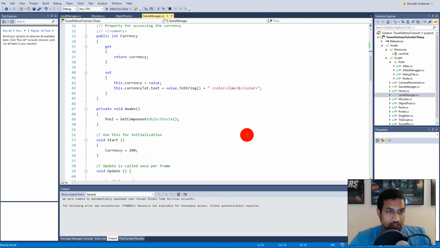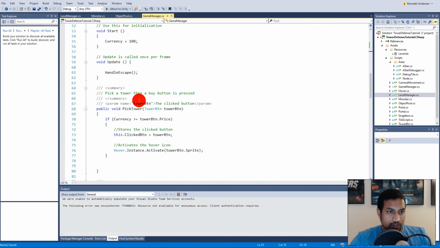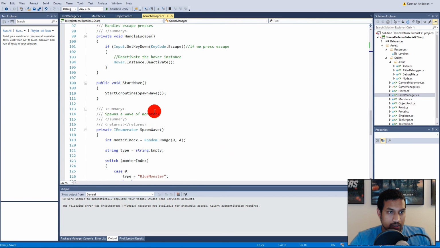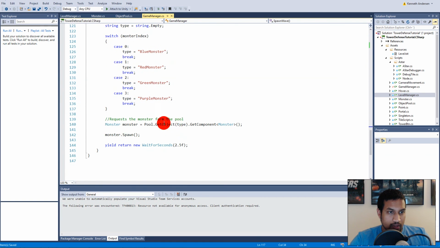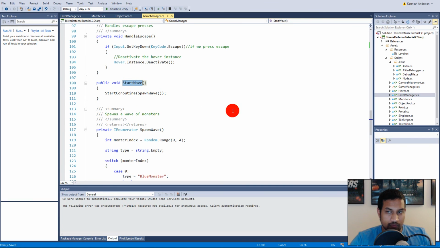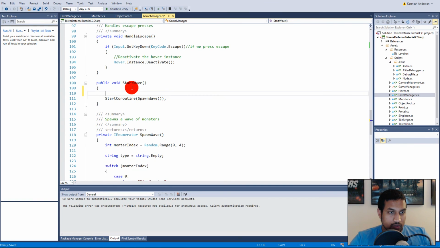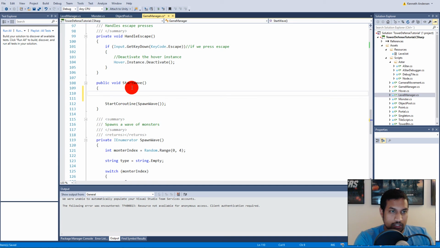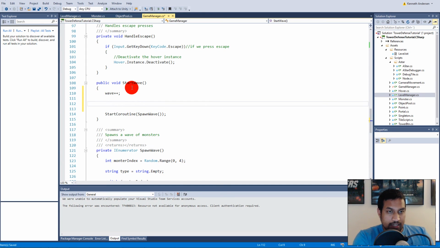When you've done that, we need to go to our start wave function. Let's see where it is by our handle. There's spawn wave, and we call spawn wave from start wave right here. In here, we will need to increase the wave number. So we need to say wave plus plus, because every time we click the wave button, we would like to increase it so that it goes to the next wave, right? So we can see that first time we click it, it's wave 1, and next time it's wave 2, and so on. Okay. Besides that, we will need to say wave text dot text equals